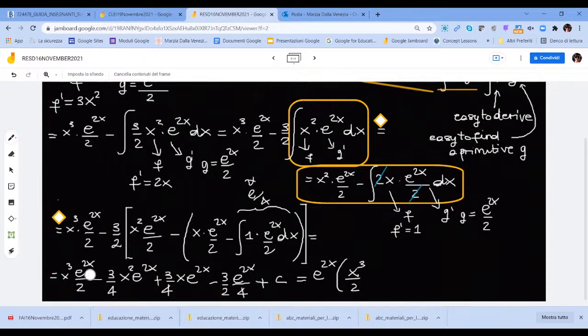So we have x cubed divided by 2. I hope all the computation went okay. But if there is some mistake, let me know. Plus 3/4 x minus 3/8